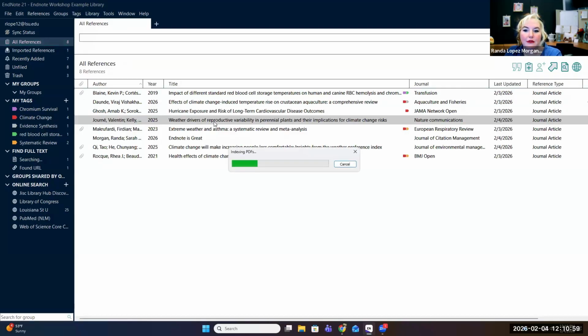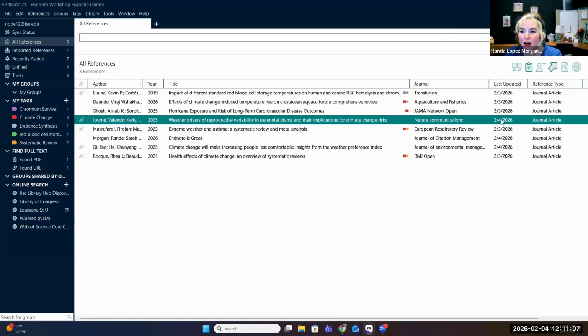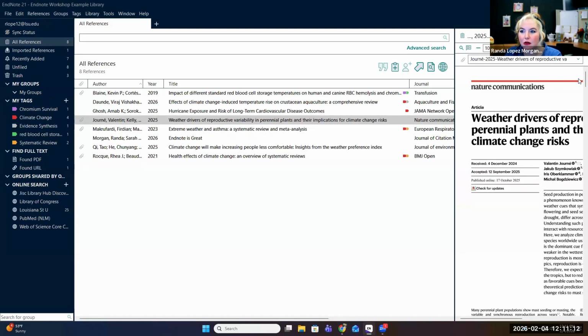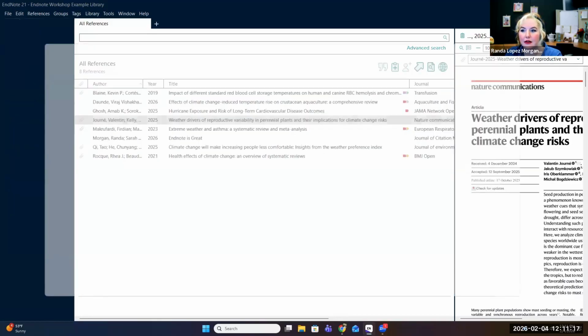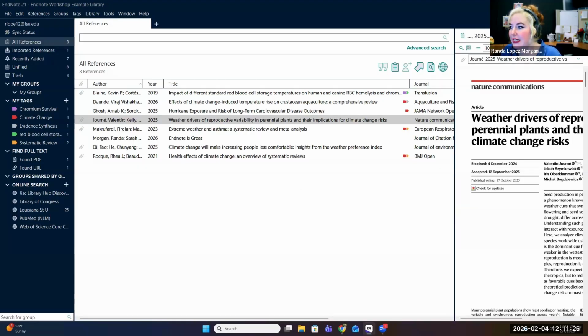Now, I have added some settings to where, in theory, it should automatically pull up the PDF without having to download the article. So if we click on it, you can see right here, and if I make this bigger, here's the article. Let me not jump too far ahead. So that's one way of adding it. Let me make sure I'm not moving too far on my notes. Okay. You can also, let me find a different